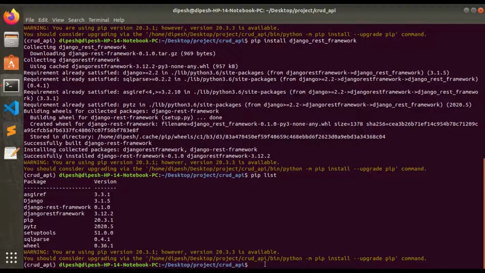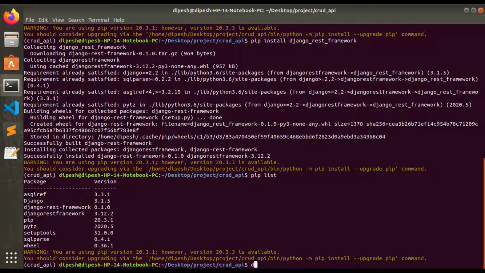Now we are inside the CRUD API folder. Let's create one project using Django, so that we can build our CRUD API inside there. In order to start the project, we should use the django-admin command. The django-admin command has different types of subcommands which are very useful while you are using Django.